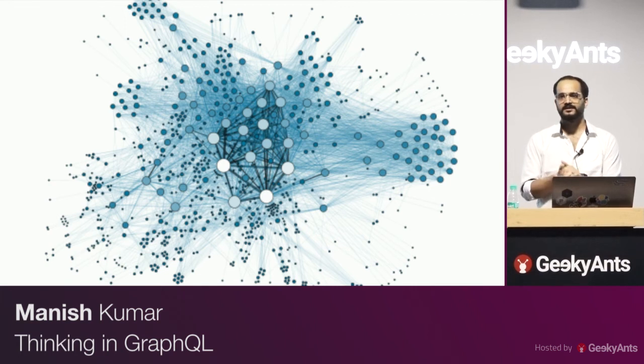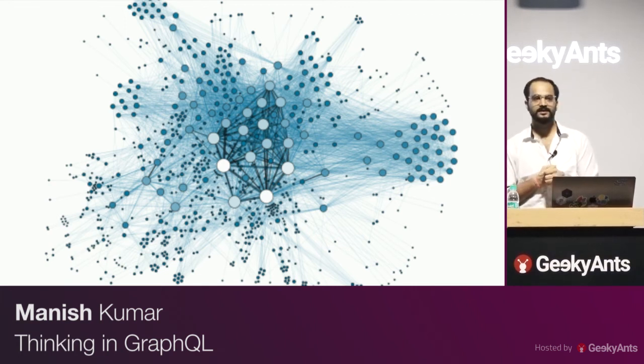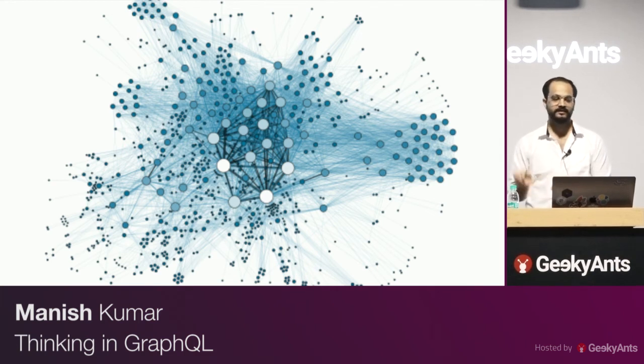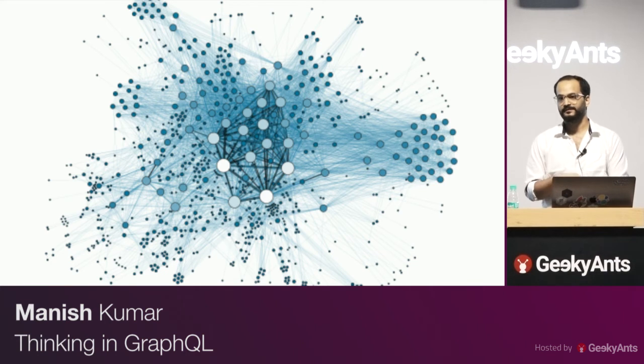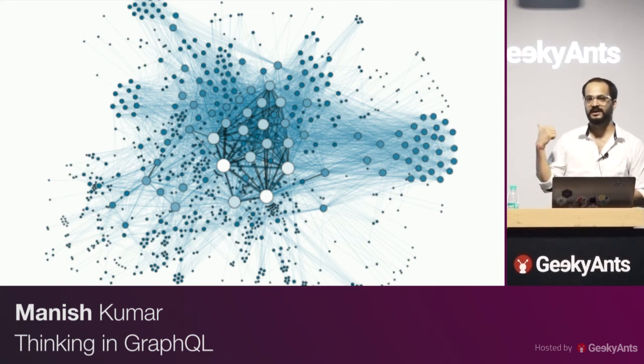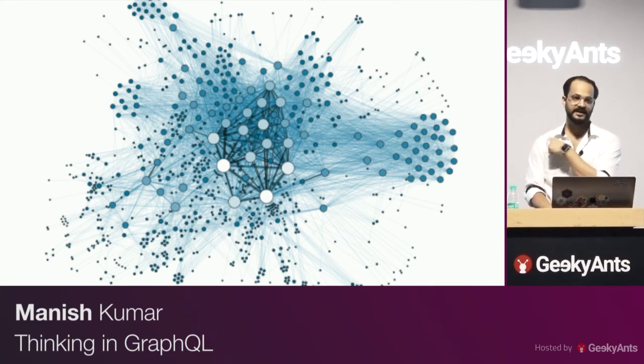GitHub's GraphQL API. So GitHub has a GraphQL API as well. They moved into GraphQL in 2016, I believe. They now have a V2 of it, which is 10,000 lines of code. So just the schema side of it, of what we are seeing here, right? User with ID and name. So that is 10,000 lines of code. So your schema might end up looking like this. I mean, this is just a random visualization, but yeah. So when your app grows in complexity, is it really helpful?